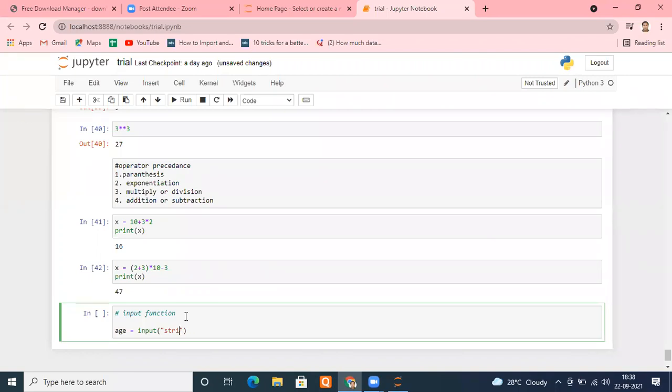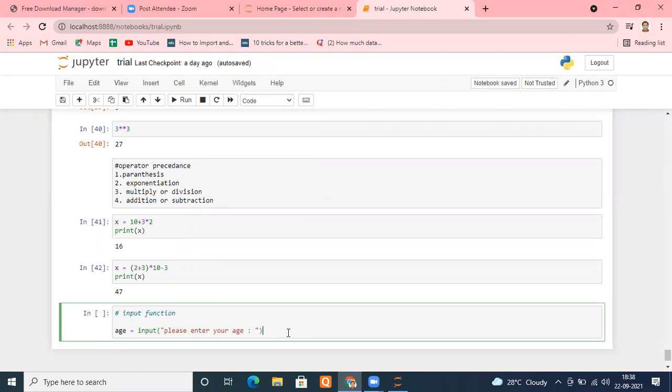Normally, strings are typed with single quotes or double quotes. I'm typing, please enter your age. And I want it to look good, so I put some space and a colon, and after that also some space. Okay, that's it.